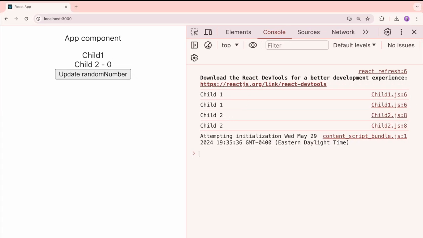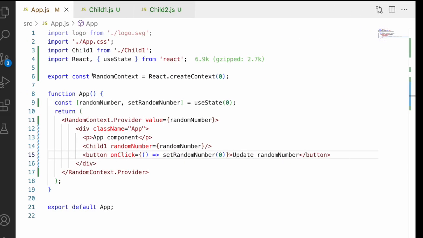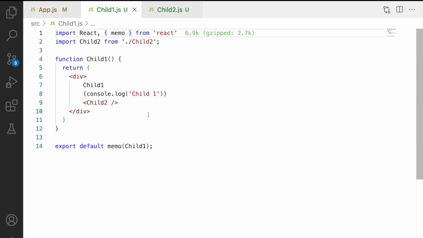Let me go here and clear this off, refresh. Now let me click on this. Nothing is happening. Why? Because we are passing the default 0 value, and that is not a change. A change is something you have to compute and give as a new state. That means the previous value should not match the new value, then only will you get an updated value in your component. So that's how you can use memo, and this is called the memoization technique. You are handling the whole component and updating it based on props and state changes. So that is how you can use memo in React.